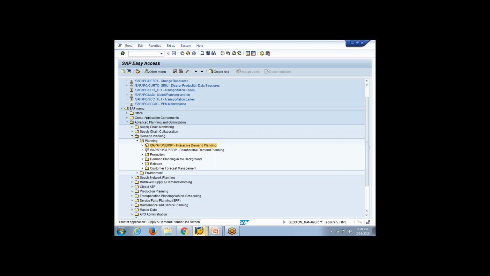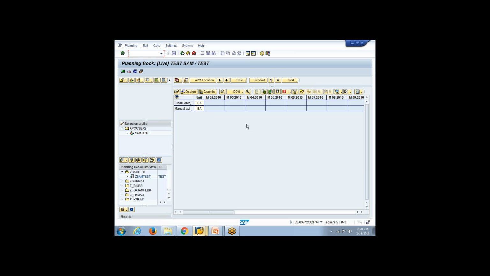So that's what they're saying: okay, we did all we could, and this is how much you are planning to sell in this month, this month, this month, for the next 12, 18, or 24 months, whatever they're going to do. The interactive planning book basically looks like an Excel sheet here, and I just have two key figures listed here, but once all the setups are done, once you are able to load your forecast and do your statistical forecasting or manual override,